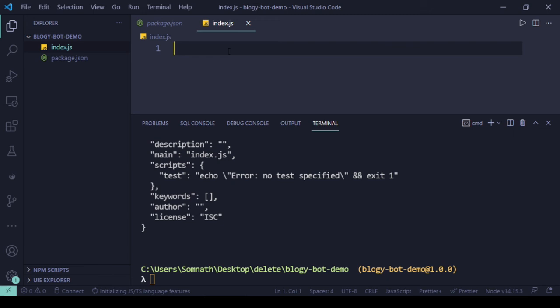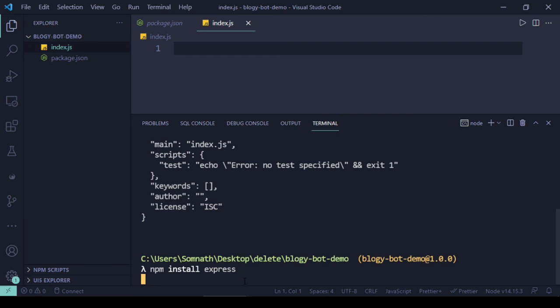And I'll be using Express over here. So let's install Express: npm install express.